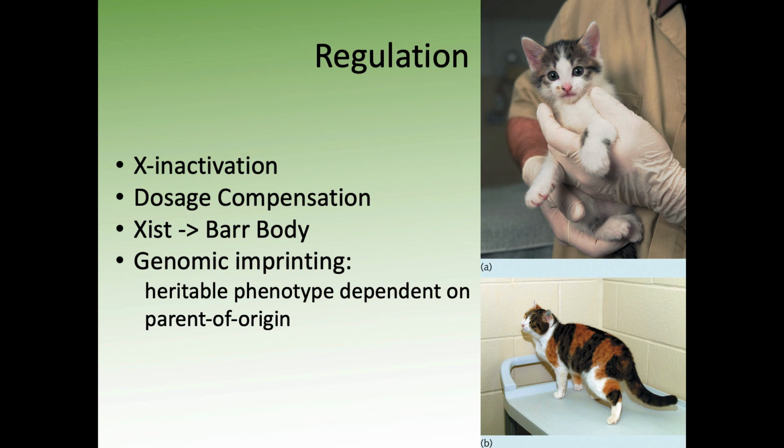An interesting case where regulation ends up with very different things, and how it matters, is if we look at calico cats. Calico cats are a good example of a concept we know as X inactivation, where one X in mammalian systems is deactivated or rendered into a Barr body, not to be used,